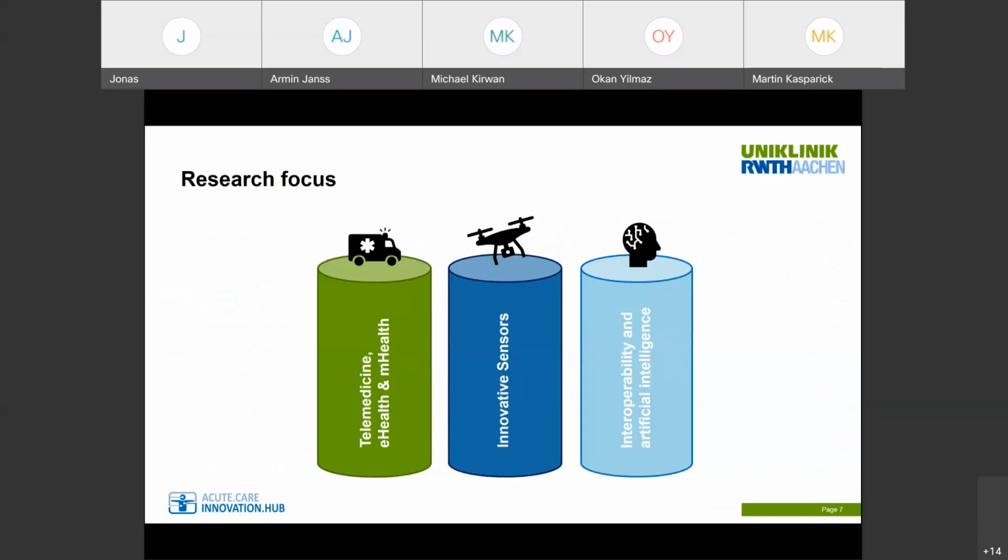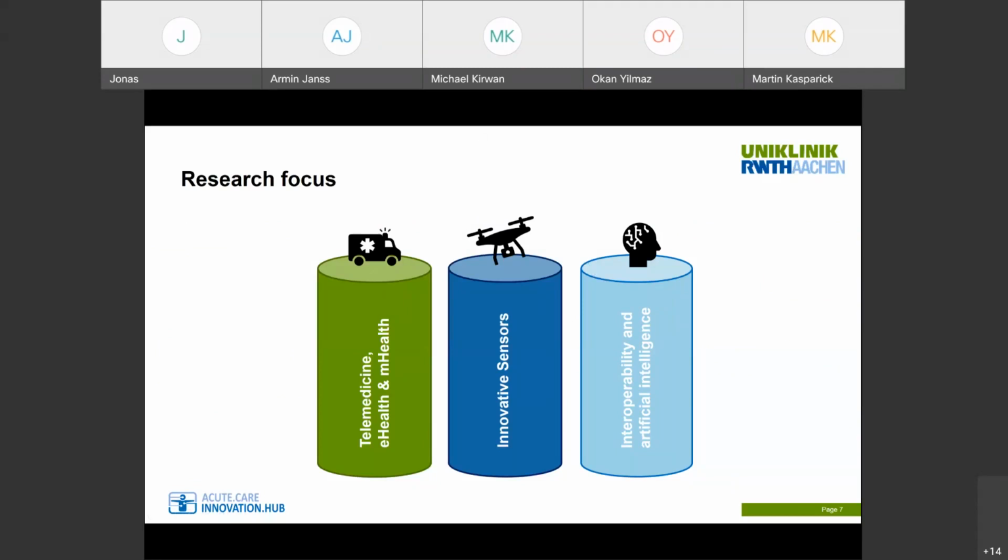Our Acute Care Innovation Hub is mainly divided into three main columns, which is for once the telemedicine with eHealth and mHealth, but also one aspect is innovative sensors. So one other current research project of ours is to develop contactless vital data measurement, for example, on drones,